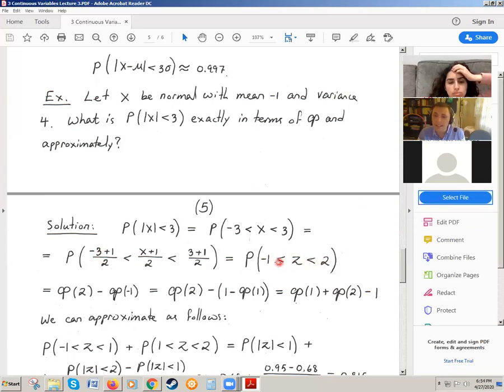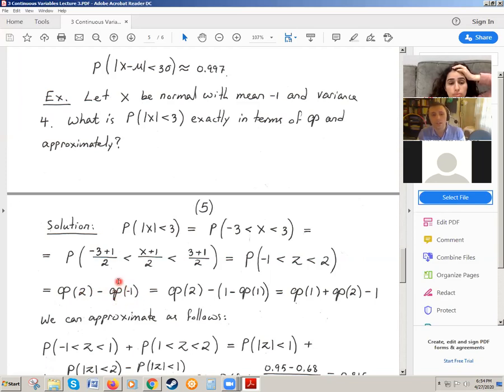And this now is what? This is just integration. What is the cumulative distribution? Nothing more than the antiderivative, right? So remember, like in Calc 1, you evaluate at 2 and you evaluate at -1, okay? This is the exact solution if you could calculate it. This is an antiderivative, plug in 2, minus the antiderivative, plug in -1.